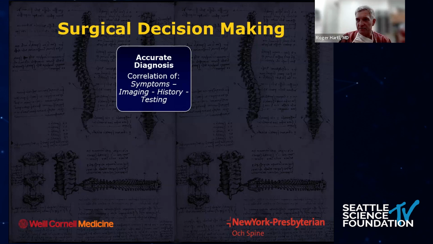The neuroradiologist personally is my best friend. I review a lot of imaging studies with really good neuroradiologists because it can be so important to avoid unnecessary surgeries or avoid operating on unnecessary levels, which again translates in less invasive surgery and less complications, hopefully. So you got to review the history, get a good physical examination, review the imaging, and then try to correlate as much as you can the symptoms with all the other factors that I mentioned.